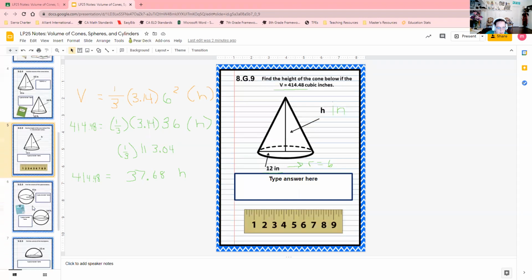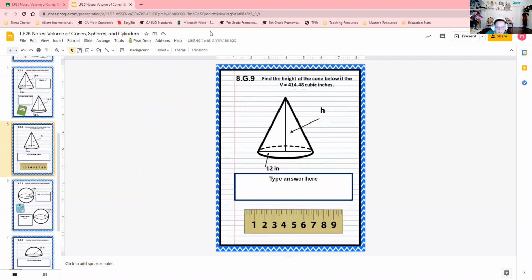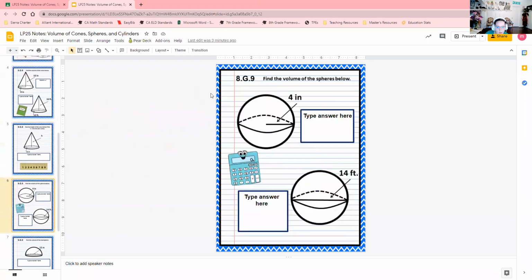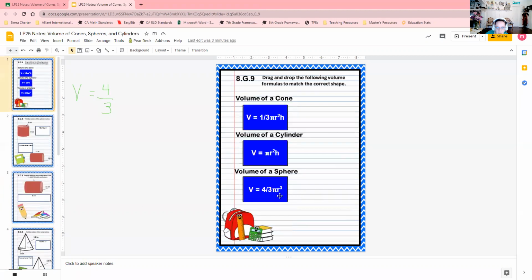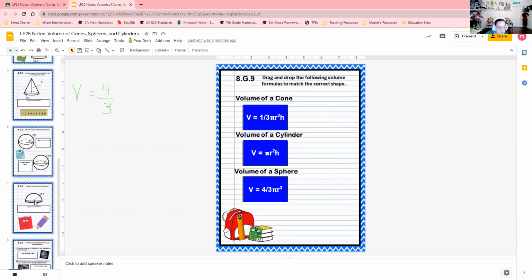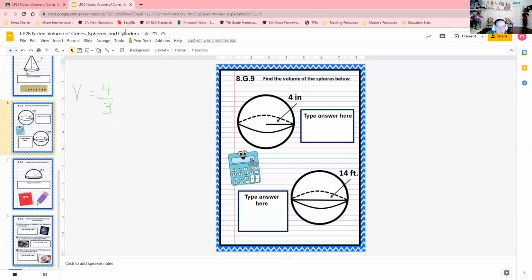Okay, and excellent job. Last piece of our notes this week, we're going to look at our sphere. So remember, the volume of a sphere is 4/3. And if you're not remembering, double check that first page. Pi r cubed. So notice you have a cubed here, 4/3 times pi,